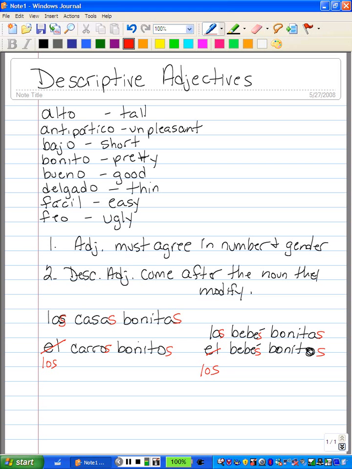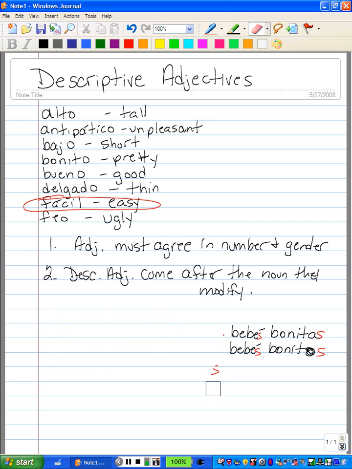So you need to make sure that anytime you use an adjective in Spanish that you make it agree with whatever noun it's modifying. Now in this list we have this adjective here, fácil. And you'll notice that the word fácil does not end in the letter O. If an adjective does not end in the letter O, like one of these descriptive adjectives up at the top, you cannot make it feminine.